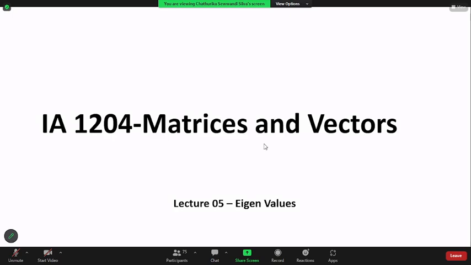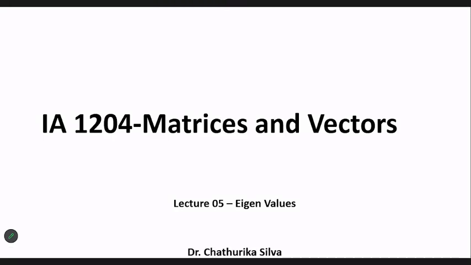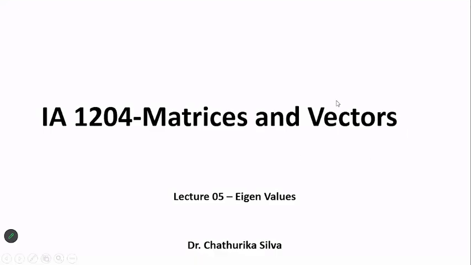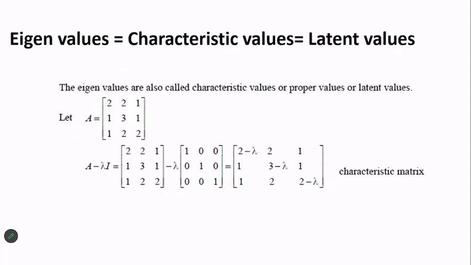So today we are going to continue lecture number 5, which is eigenvalues. Right. So I think last week I explained to you what you mean by eigenvalues, characteristic values, latent values, and also the proper values. Right. So whenever you are given a matrix like this, how are you going to find the eigenvalues of that